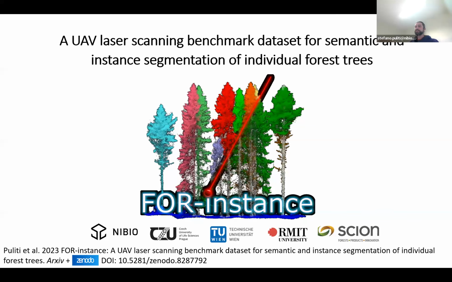So the 4-instance data set has been compiled from different regions around the world, and it's composed of drone laser scanning data. So quite detailed airborne data. What's the clue here is that we're talking about airborne data, meaning that the laser pulses, I'm not entirely sure